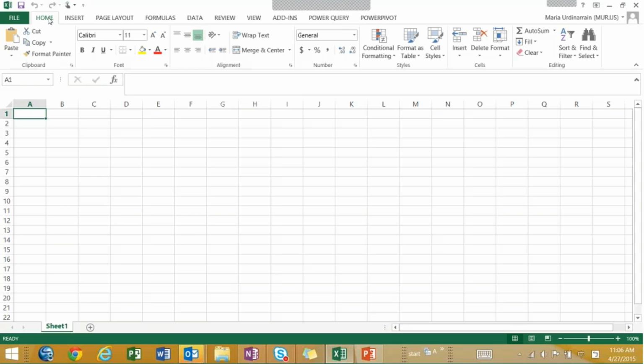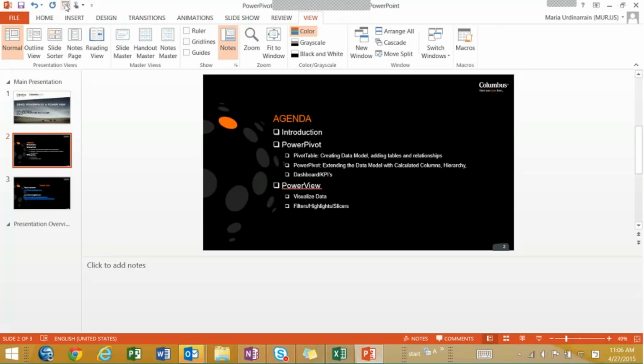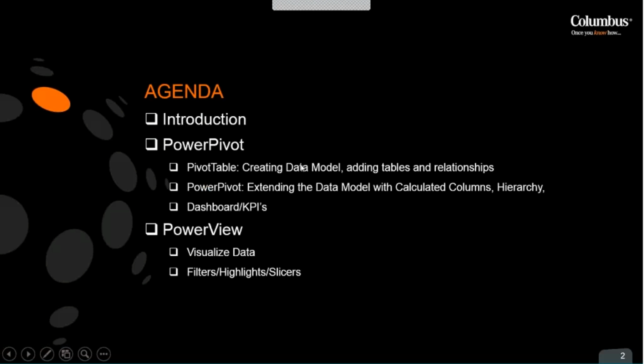And then I'm going to view how to view and extend our model with Power Pivot and Power View. So this includes creating the relationships more easily using the diagram view and the add-on. And we'll also use the add-on to create calculations and hierarchies, hide items that shouldn't be appearing in the field list but you still want to use that data, and optimize that data for additional reporting. And so I'm going to start here with